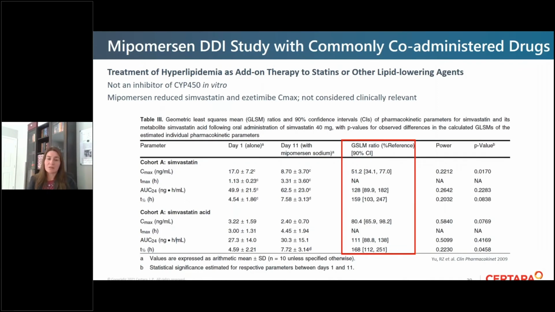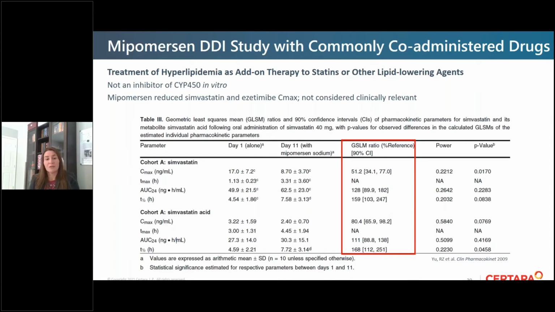As I mentioned, sometimes these drugs are to be administered in addition to other treatments. So, for example, mipomersen is indicated for hyperlipidemia as an add-on therapy to statins. And then they investigated the potential for drug-drug interaction between mipomersen and statins, and also ezetimibe, which are the two treatments that patients with high lipid or LDL-C levels